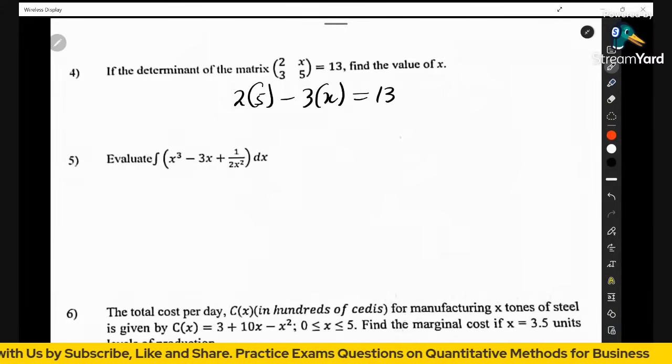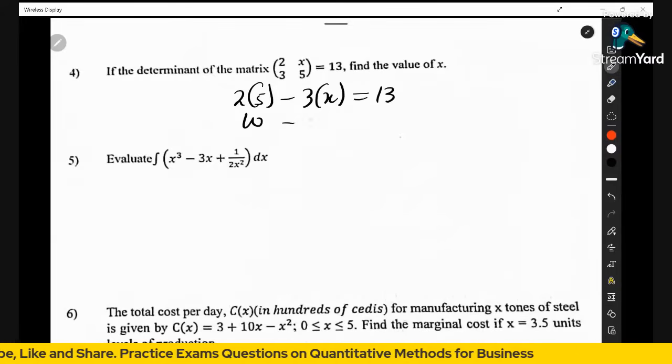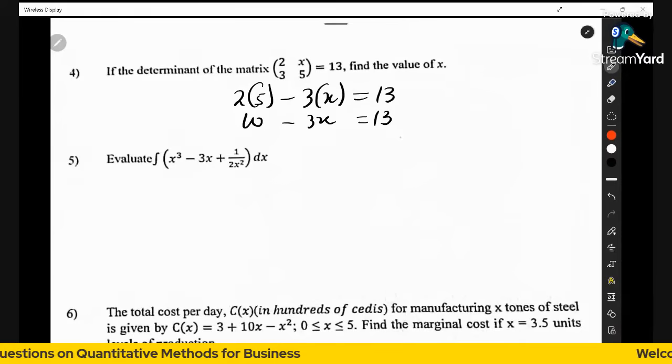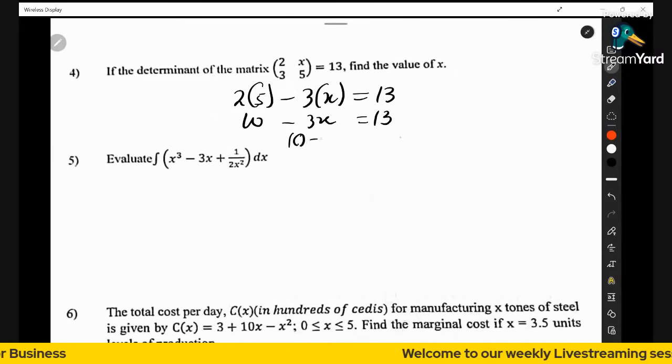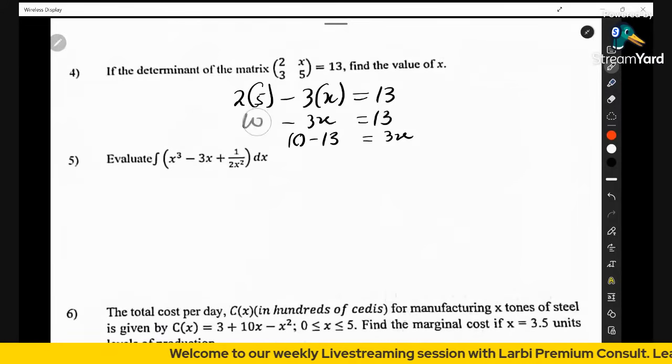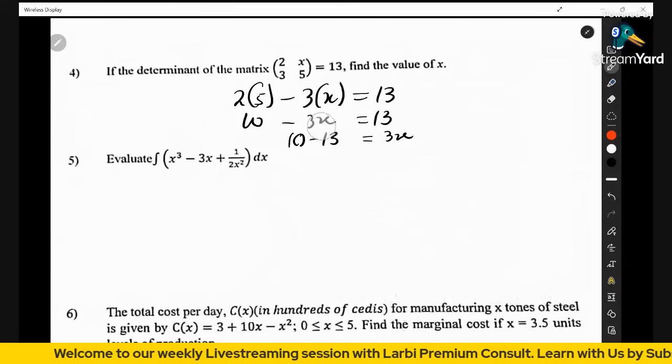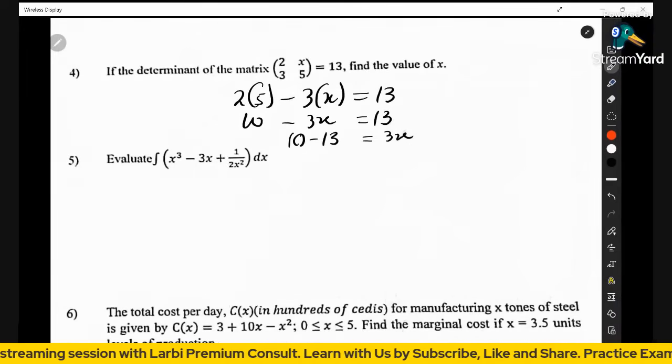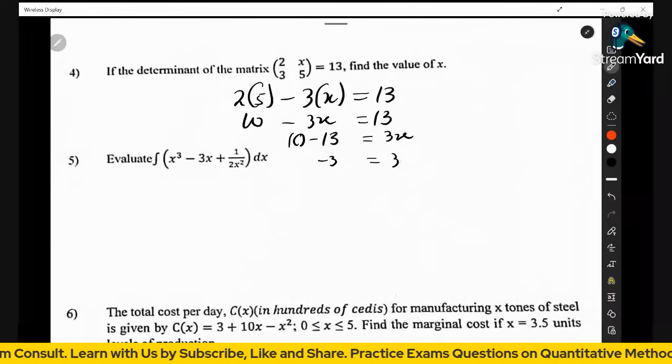13. So we have 10 here, we have 3x here, and that should be equal to 13. So you want to make x the subject. All I want to do is to say that 10 minus 13 should be equal to 3x. When the 13 joins the 10, it becomes negative, and when the 3x moves to the other side of the equal sign, it also becomes positive. So we are going to get negative 3 to be equal to